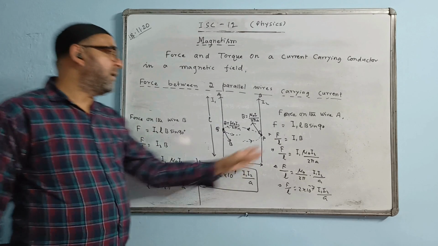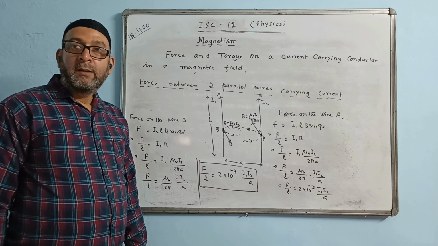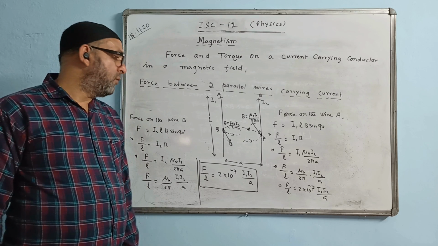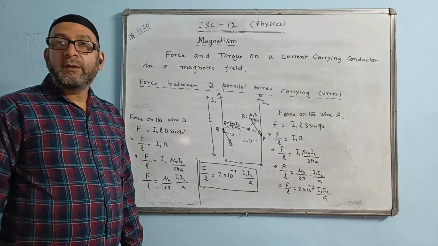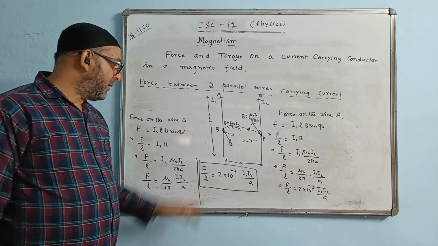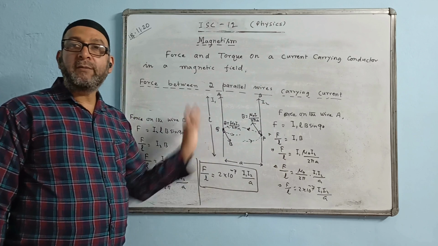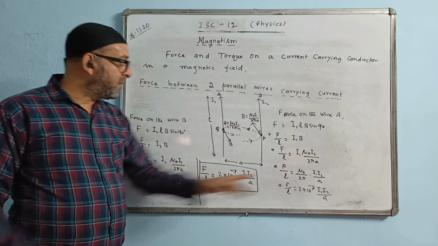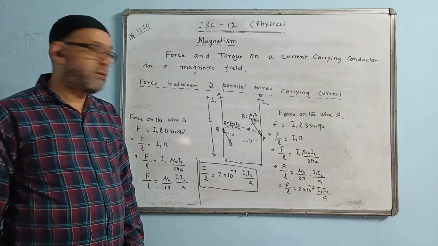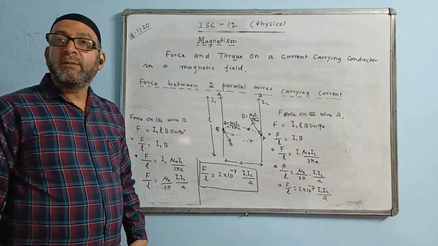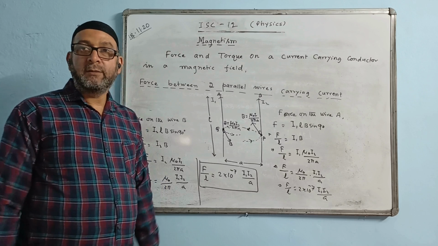This one I just showed you in order to understand. Exam time you may not have to show. They will ask you to write down the expression or derive the expression for the force acting between the two parallel wires. So you just derive from here till here only. You may not have to show this. On any one of the wires you can show, because the forces with I1, I2 are mutual on each other. Same force. Forces will be equal on each other, but they will be acting in the opposite direction.